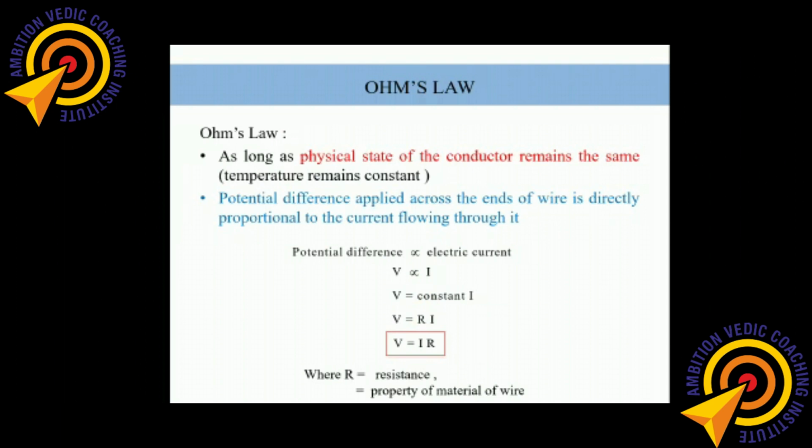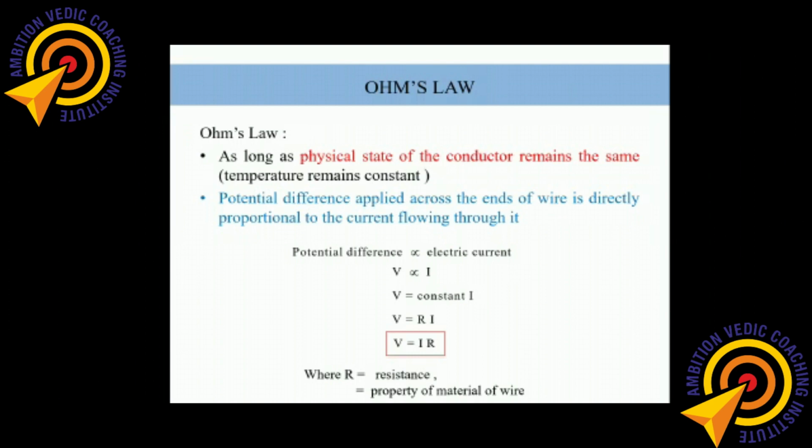What resistance is, we will discuss a little later, but before that, resistance basically depends on the material of the wire. If we choose a copper wire, or a zinc wire, or an iron wire, for a different material the value of R will be different. It will never be the same. If we change the wire, the value of capital R changes. That is why we said in Ohm's law there is a condition: the wire has to be the same, and we should not heat it.